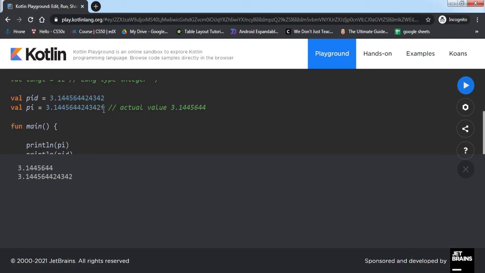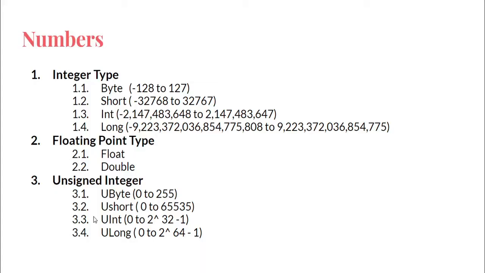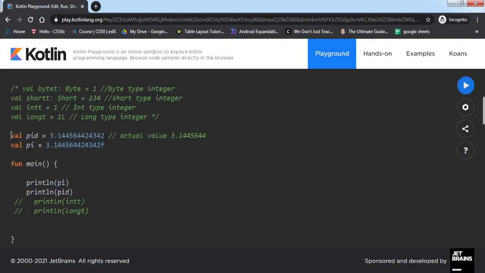And this number shows up to 44 and this gives us up to 2, right? The complete number, because this is a floating type and this is a double type. So the float type has a lesser memory as compared to the double type. We'll just comment out this as well.